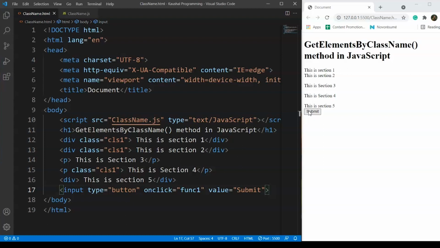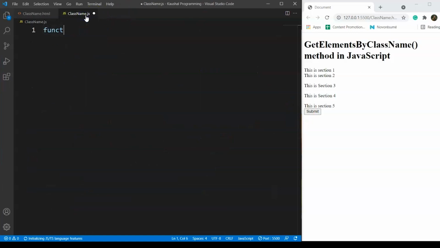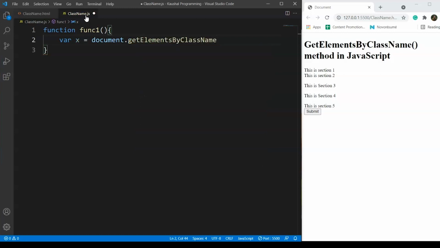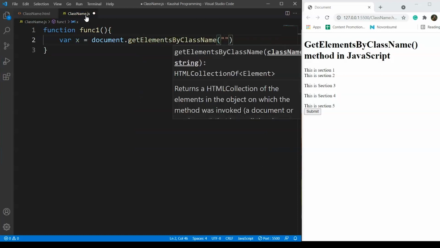So inside this JavaScript file we'll write here function, and then we have the function name as func1. Then we have the body of this function. So the syntax remains a bit same. So we'll take a variable first and then we'll use the document method to take references of all the elements from a HTML file. So we'll write here var x is equals to document.getElementsByClassName, right? And then we'll write the class name here. So the class name is